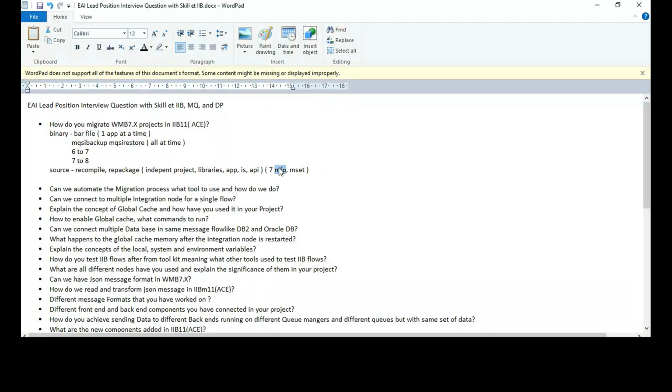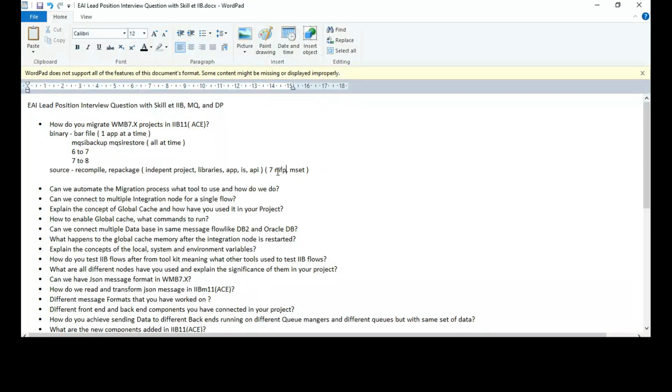So let's look at the difference between 7 and 10. Even in 7 you have libraries, but it is of a project type as message flow project, MFP. So in 7 you have libraries, in 10 you have libraries. In 7, when you make changes to your library, you will have to recompile and redeploy all the affected projects yourself. You have to do it manually.